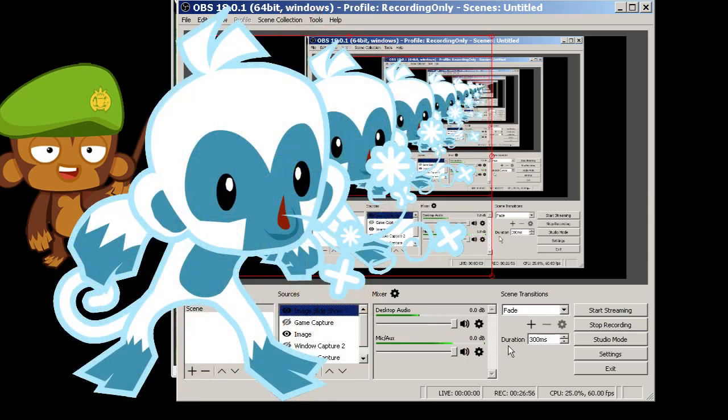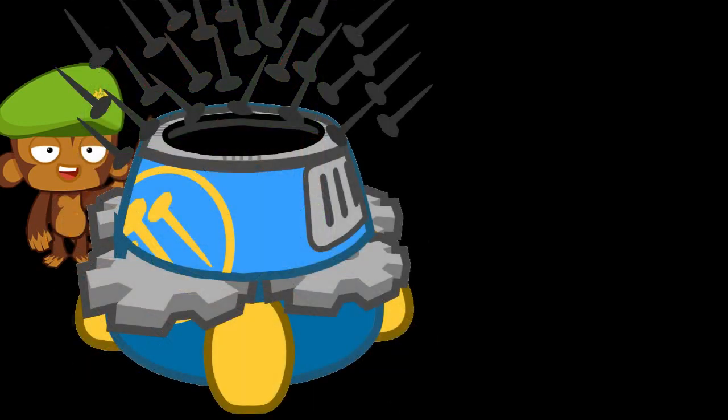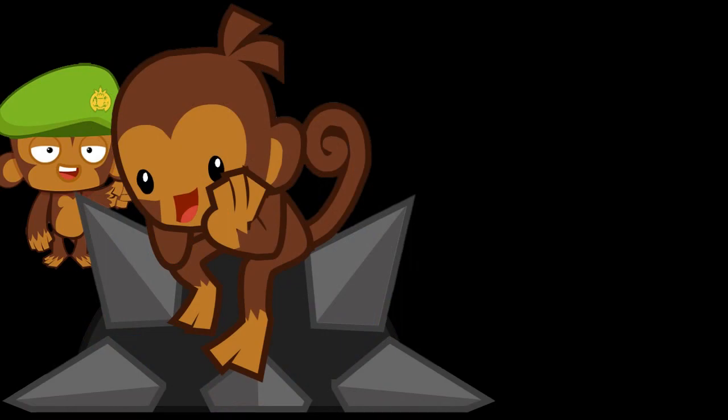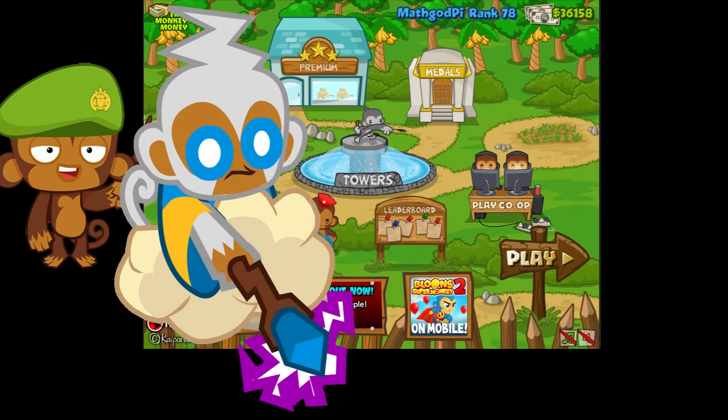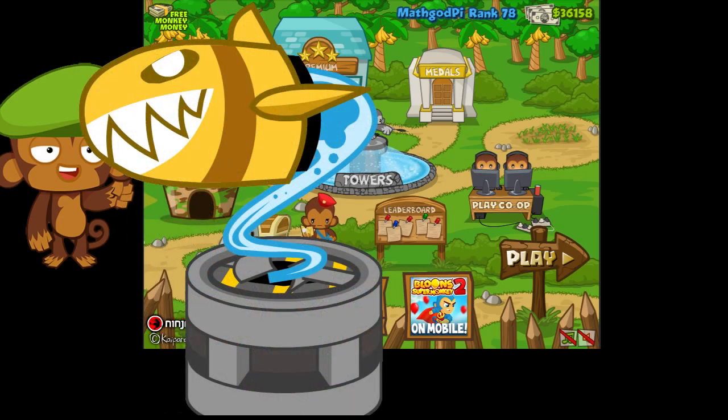And to show you what this looks like without the display capture, I'm going to disable display capture. I'm going to move this over here. I'm going to re-choose the window capture. There we go. So there we go. It's cycling through